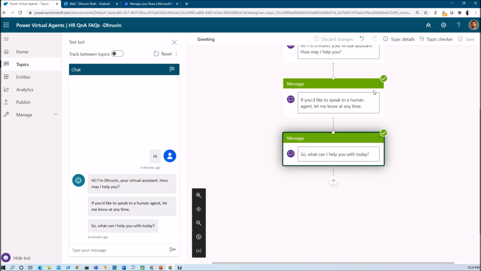Now here we are building the chatbot for question and answer, or frequently asked questions, for the HR team. User can ask any random question over here, and our chatbot should respond based on the question that user asked. So basically what we need to do is, whatever question has been asked in the chat window, it should call our knowledge base in order to find the answer. And from the knowledge base, whatever the best suitable answer that we find, we just need to show that in this particular chat window. So how can we achieve that?